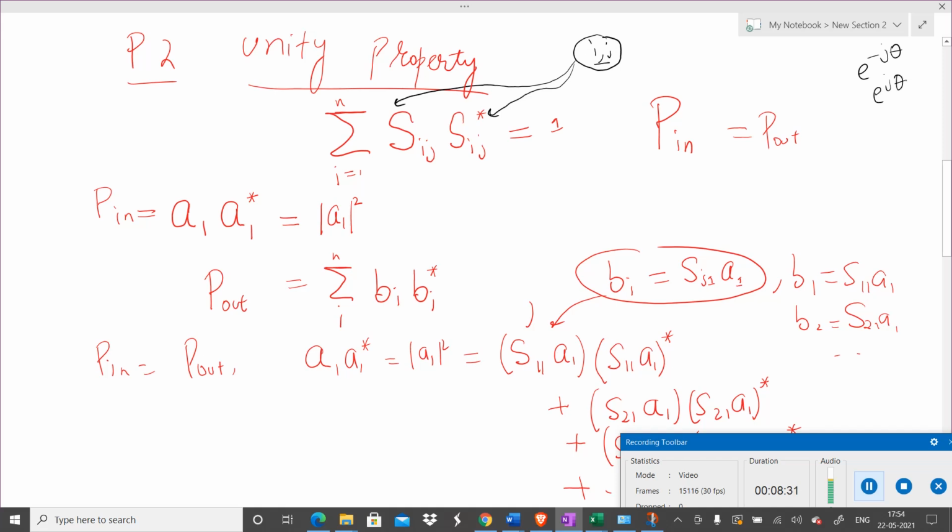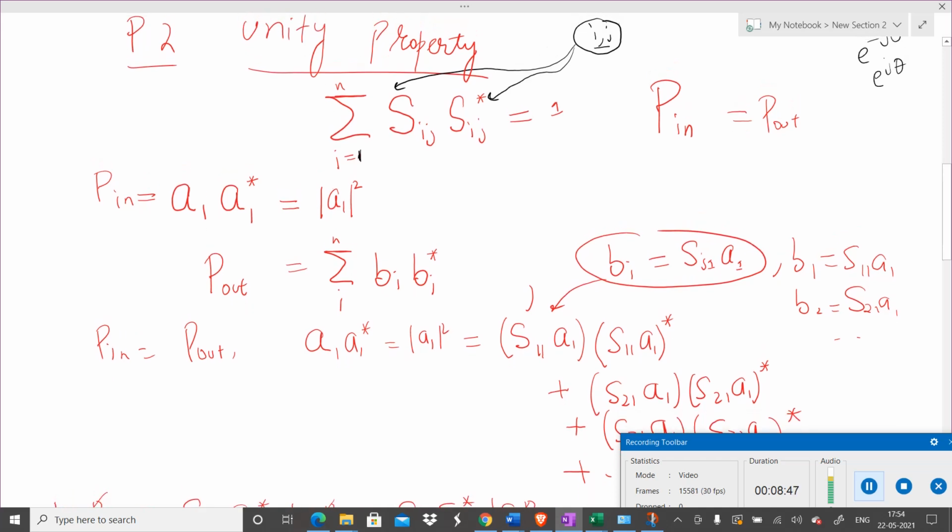Then the summation over all the ports from i equal to 1 to n. In other words, we first usually write the input port, so i, and this is equal to 1. To get some intuition about it, it's not a proof, I am giving an intuition. This is based on conservation of energy: whatever power is fed into any microwave junction device or circuit will be equal to the output power. P in is equal to P out.